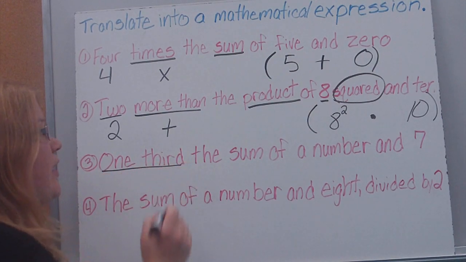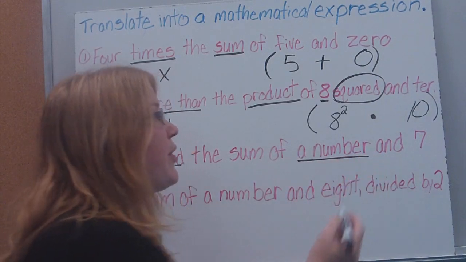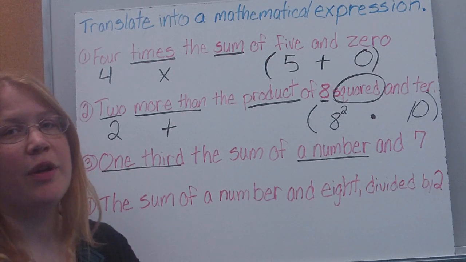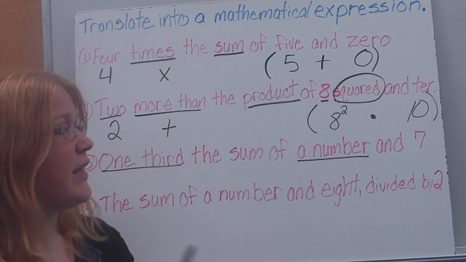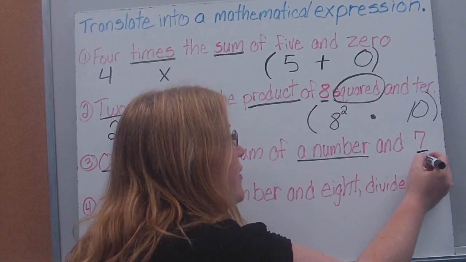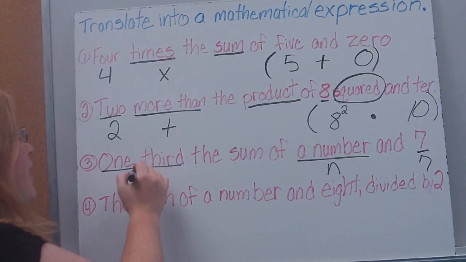So again, here I look. I have 1/3 a number. Here's where we have a variable. If you see the phrase a number, that just means I don't know what the number is. It could be any number depending on the situation. And 7. So I've got 7, we're going to use a variable, I'm just going to stick with n, and